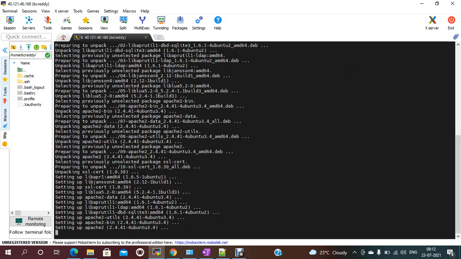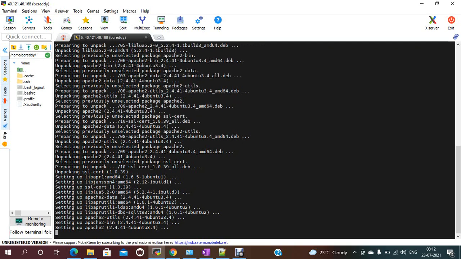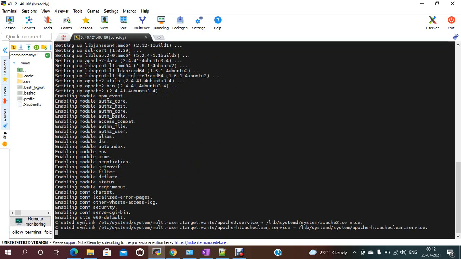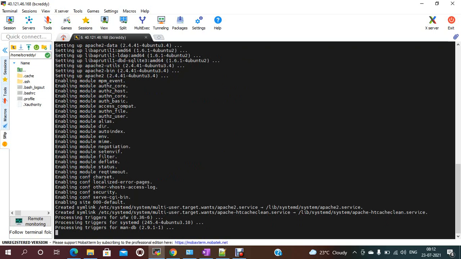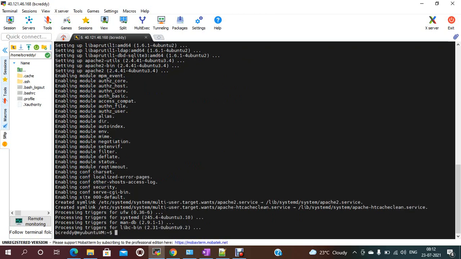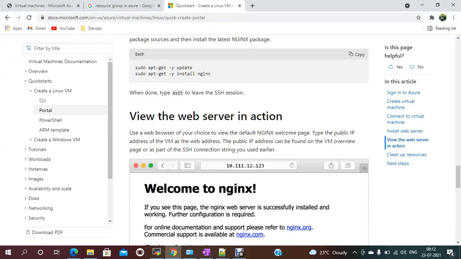This Apache is working on port 80, so we can access it using that port. Now this is running. If you want to check, you can take the public IP.